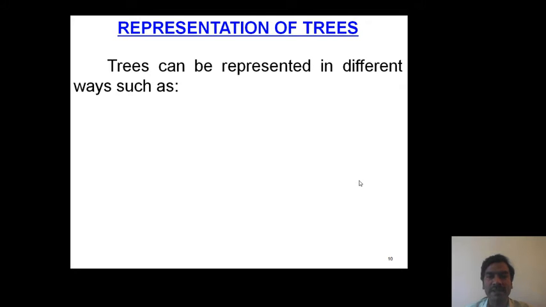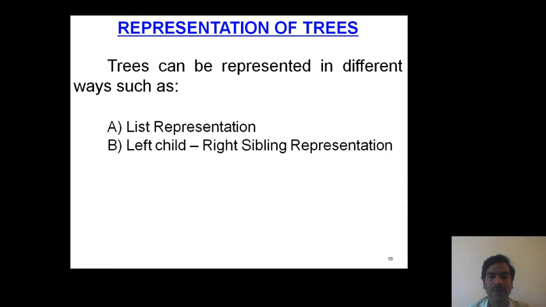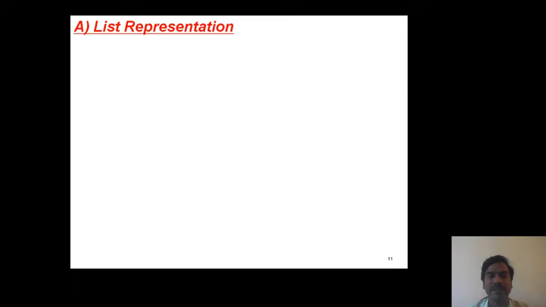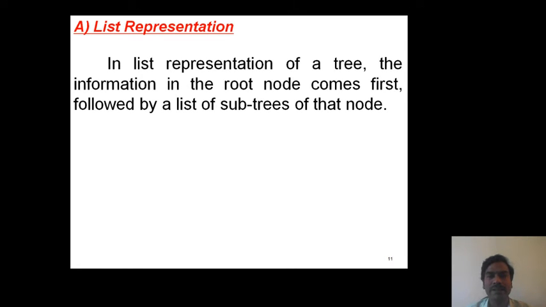A tree can be represented in different formats like list representation, left child right sibling representation, and degree 2 representation. So these are the different ways to represent a tree format in memory. First one, list representation. In list representation, first we place the root node followed by the list of subtrees of the